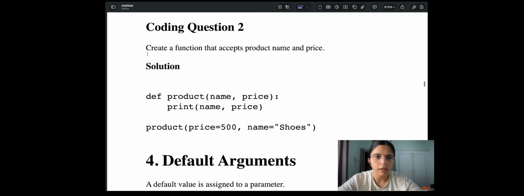Create a function that accepts product name and price. Okay.